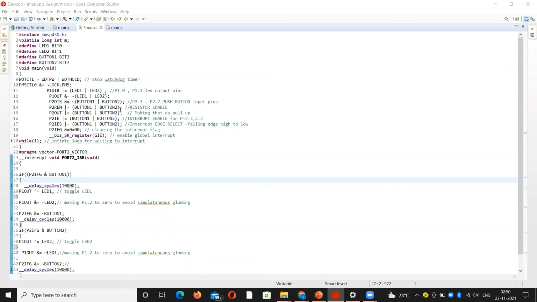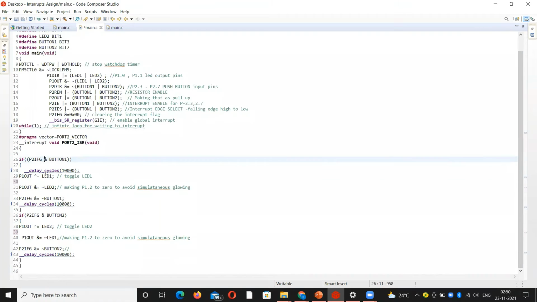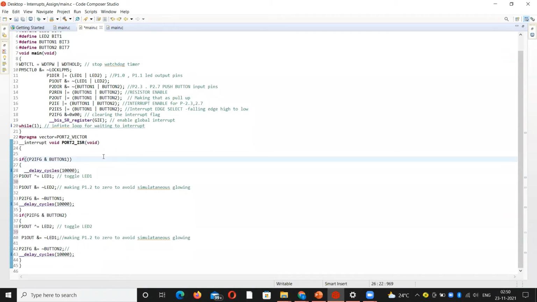So now we come to part B of the first part. Here the restriction is that both LEDs should not glow at the same time, remaining everything is the same. Up to here, the code is the same, and we need to redefine this part. We need to tell what needs to be done when the interrupt is activated. Same as before, when the P2.3 push button is pressed, which serves as the interrupt, we will toggle the P1.0 LED, and here we are keeping the restriction in mind.